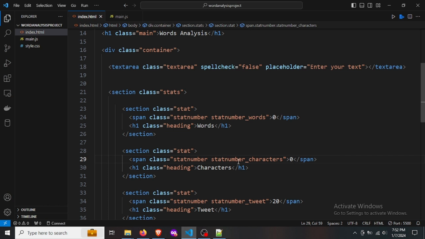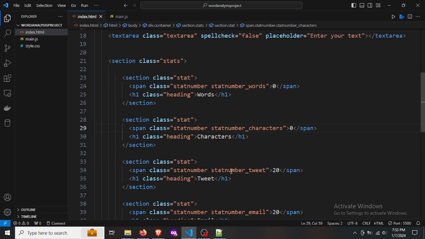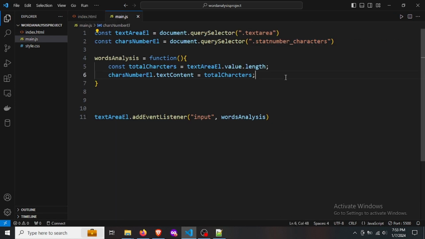So next let's move ahead and we'll do this for the other also, state number tweet, and you can put it anything here. I'm just calling it tweet. This is going to be a bigger value, 200, like when you are on the Twitter, which is now X. So you can, you have a limit of, I think, 280 characters. Okay, so here